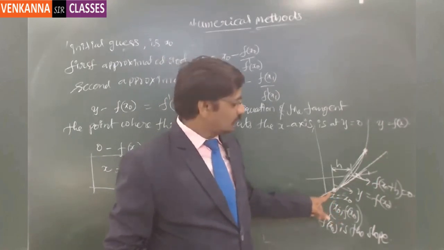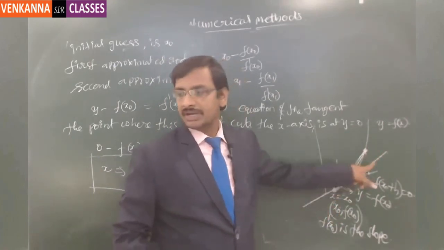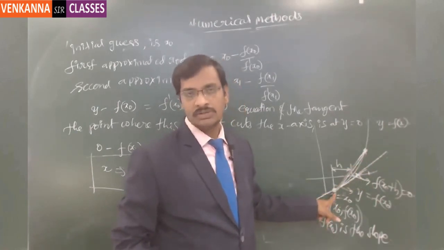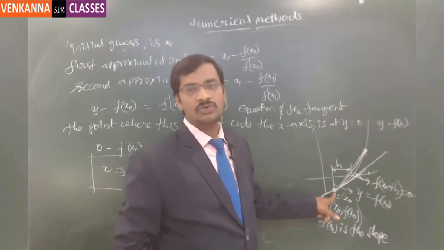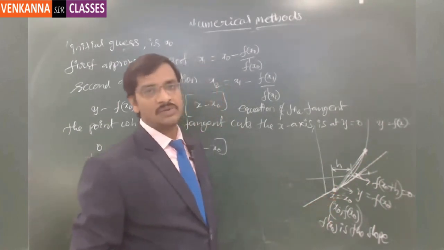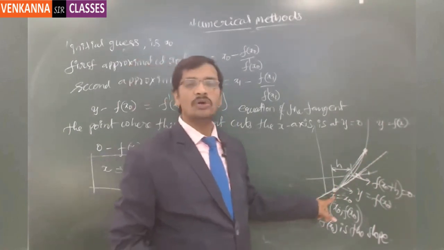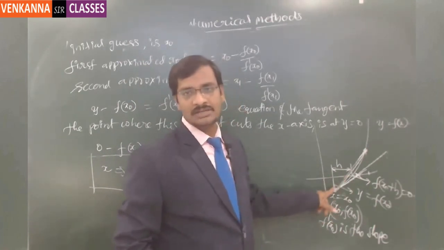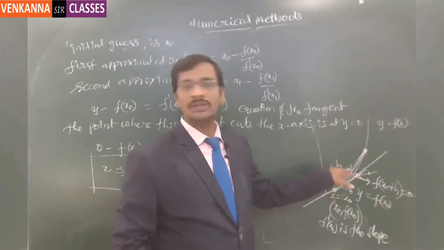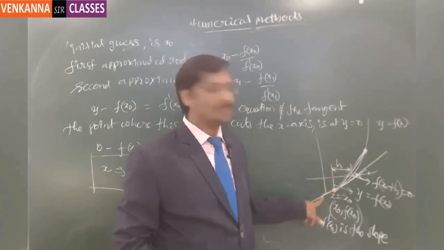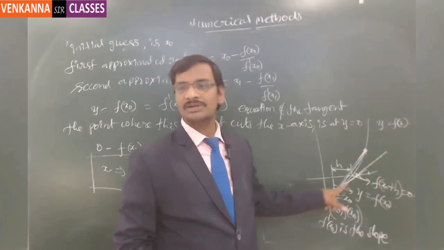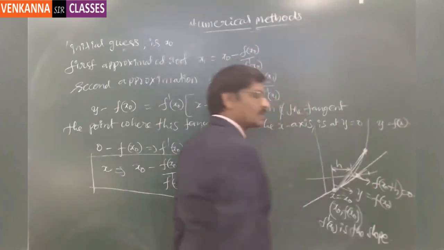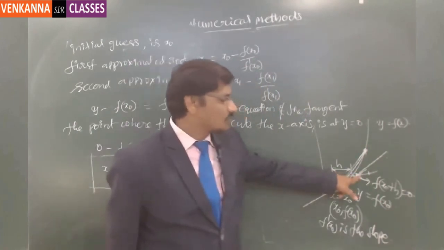That point is x equal to x naught. Now there you try finding the straight line equation, because you know the slope as f dash of x naught at that particular point. As you know the function value, you will be able to calculate the derivative as well. Hence you will know the slope of the tangent at that particular point. Now, being known the tangent slope and the point, you will be able to find the straight line equation, which is nothing but the tangent equation. For that tangent equation you identify the location where it cuts the axis, and that value we take